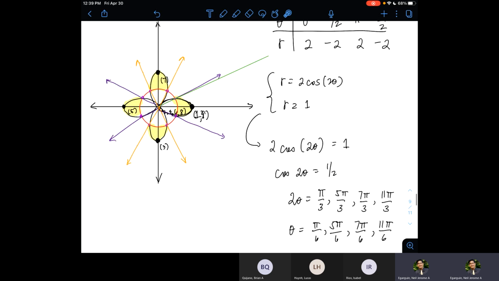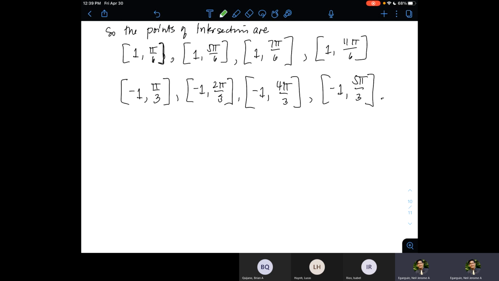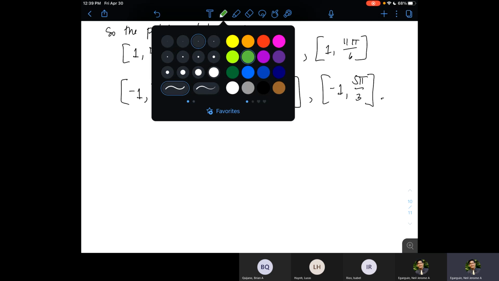So basically, this is just an integral from 0 to pi over 6. And see what part of the region was covered by my green ray here. It only covered the area lying on half of a petal, but there would be 8 of them, right? So taking advantage of symmetry will tell us that the area